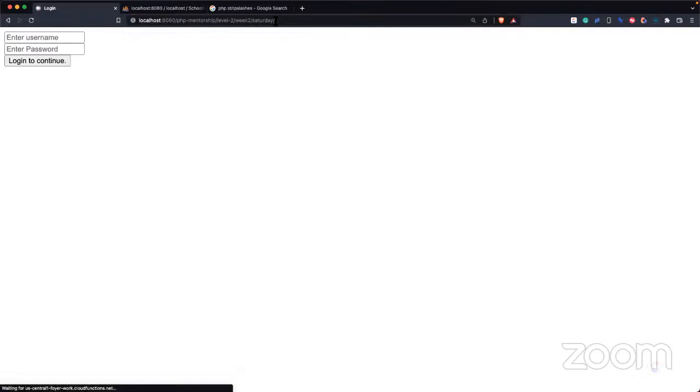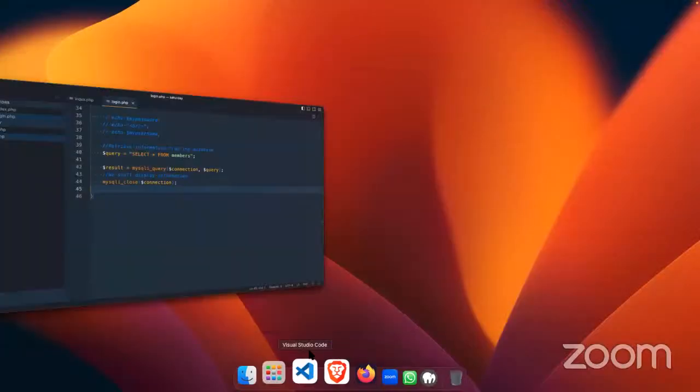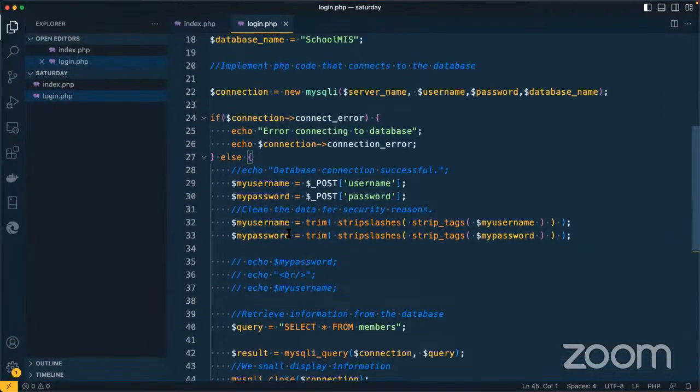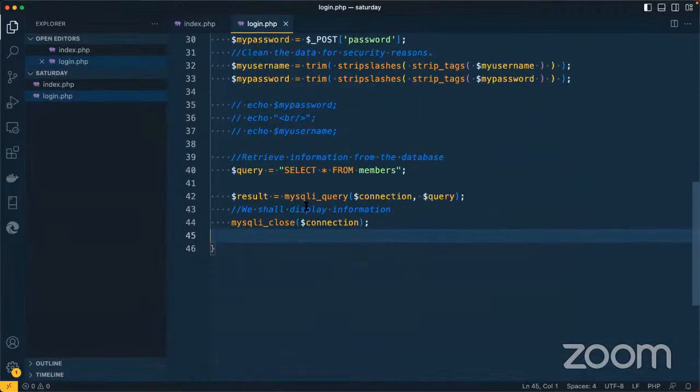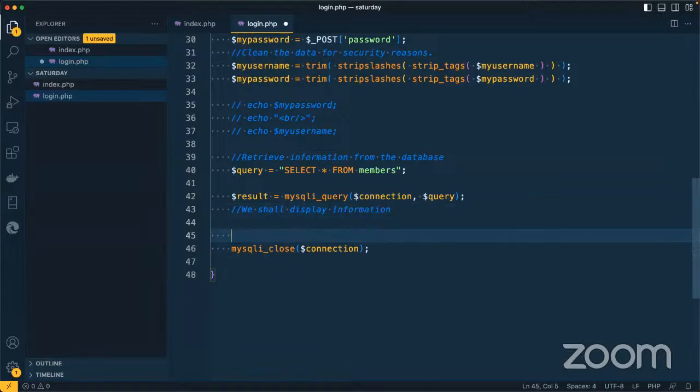I'll remove this, go back to index, by the way, even if I don't put anything, this will move to the next page. You can see it has moved and it has not shown us any error or response because here we are not outputting anything. But it also means we don't have errors so far. So what can we do? What we can do now is